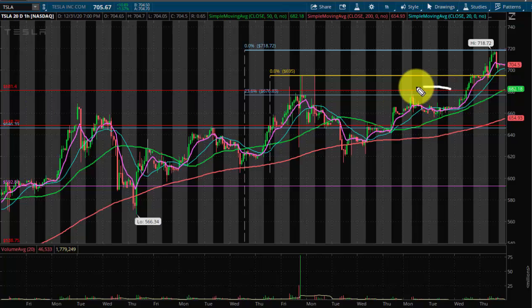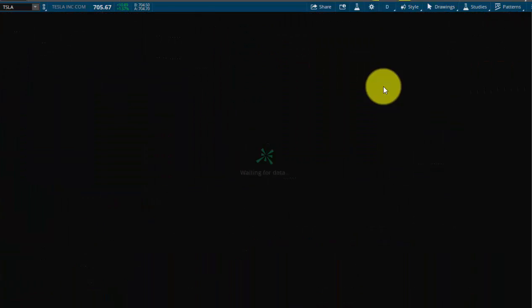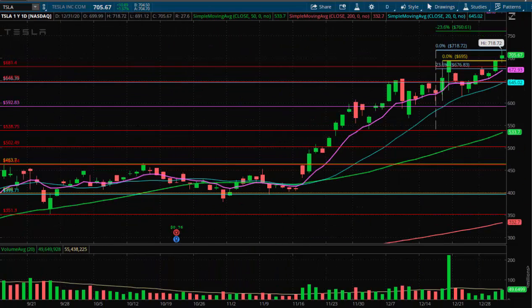Tesla, Monday, Tuesday, nothing, right? Didn't do anything. Wednesday, Thursday, very opportunistic. Okay, so that's kind of the downside of these lower time frames. But if we go to a larger one, like the daily chart, the 1 year, 1 day, we can get a much better idea of what's going to happen somewhat short term, right? Kind of short to intermediate term. Now we're going to zoom this out even further. A lot of people like to go out to the weekly.